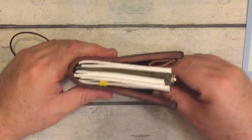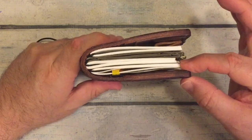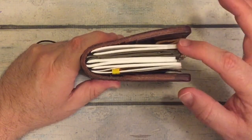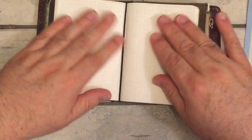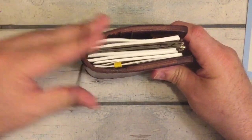So all I have in there at the moment are a monthly insert, a large dot grid, the zipper pouch, and a sketch insert. And one of these could be used as a weekly and a daily, this could be used as arting, a journal, or whatever. And you'll see,